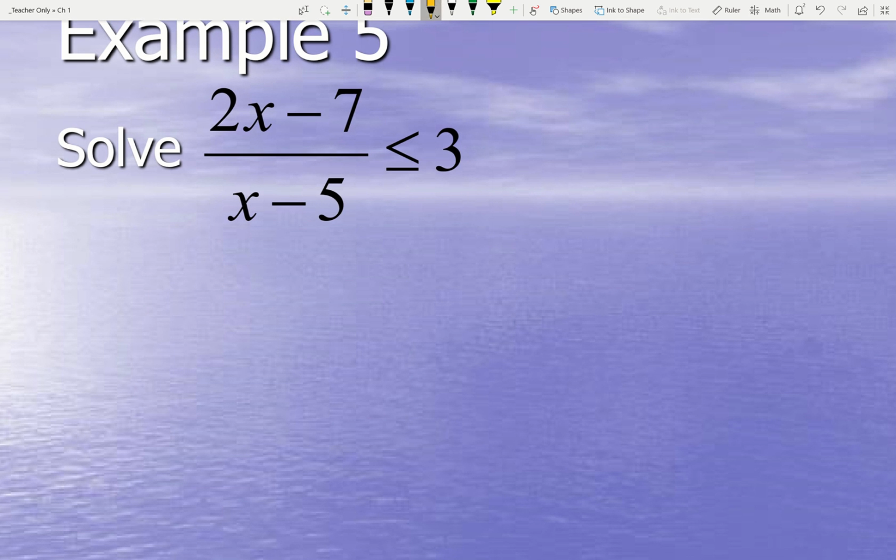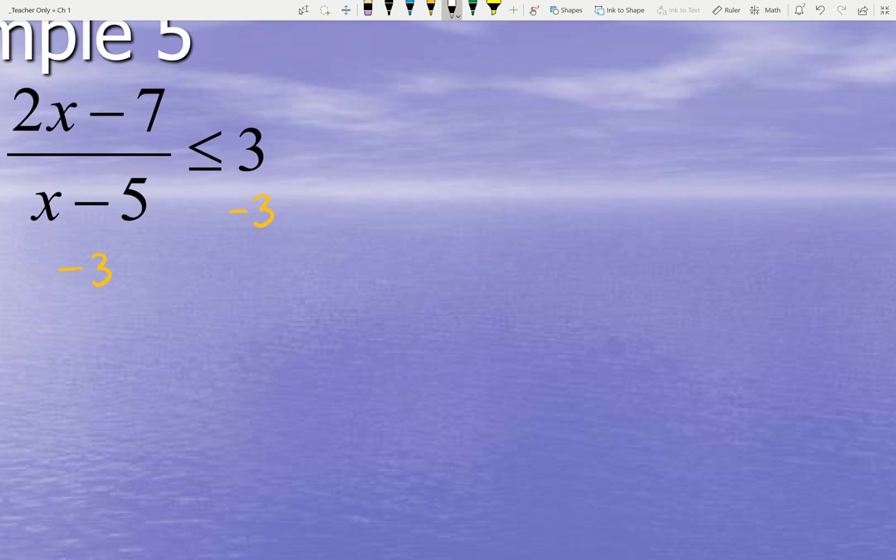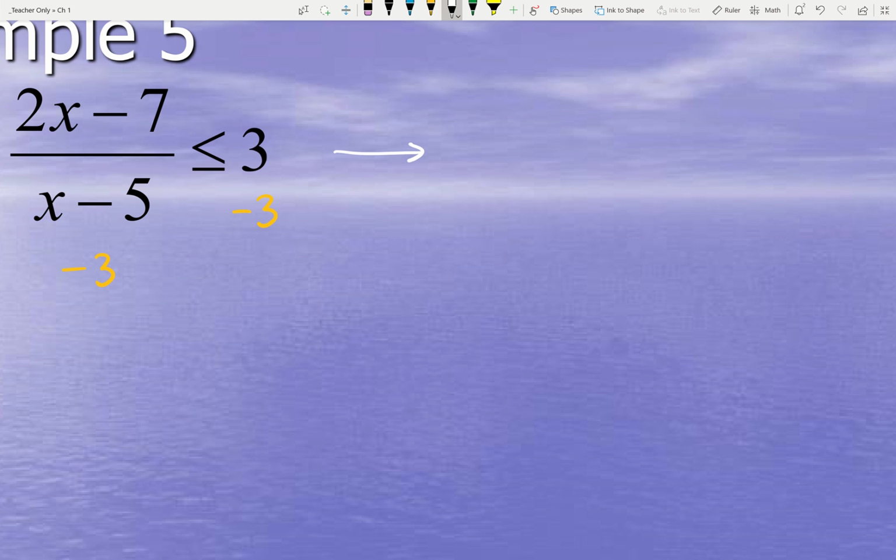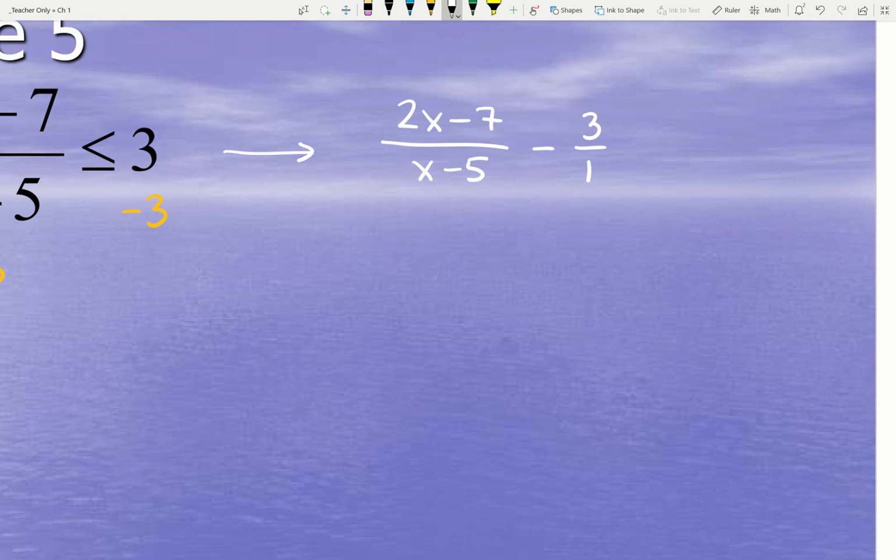Remember that our first step always needs to be, we're going to go ahead and move all the terms over to one side. Okay, so when we do that, we're going to end up here with the rational expression 2x minus 7 all over x minus 5. And what I would like to do, since I am saying minus 3 here, is I'm going to go ahead and write 3 as a fraction. I'm going to go ahead and write that as 3 over 1,